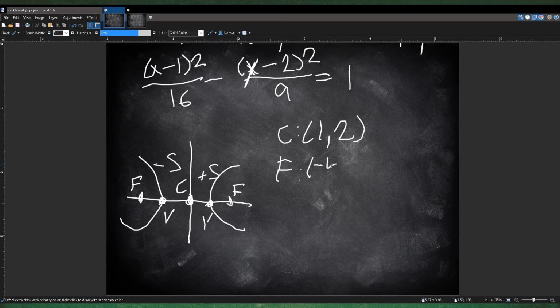Minus 4. This is the plus 6 one. This one's 6, 2, and this minus 4, 2. Okay. Now the vertices. The vertices are basically the amount right here. So the vertices for this one would be